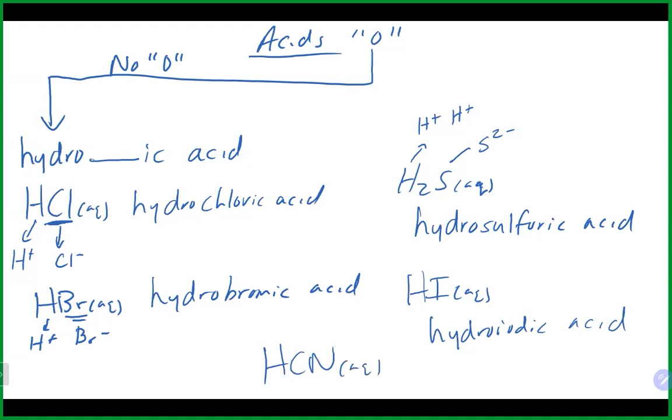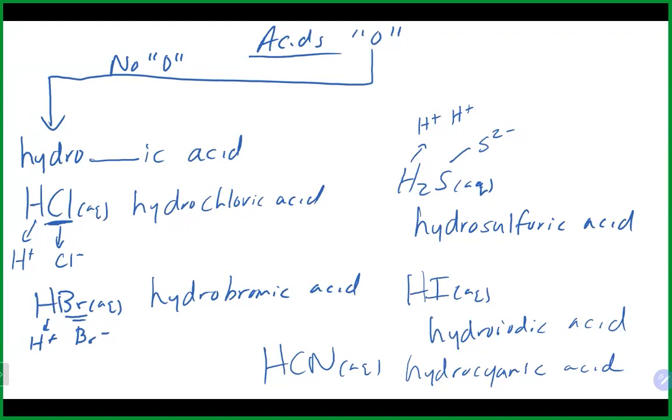So this would be hydrocyanic acid. That is what this would be, hydrocyanic acid. All right, so no oxygen, start with hydro, end with ic, and fill in the middle part with